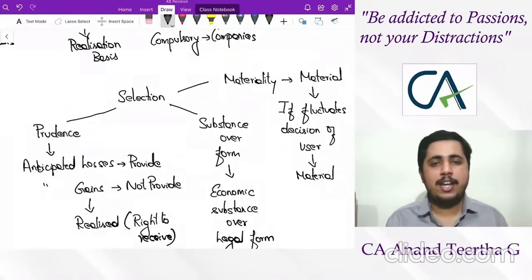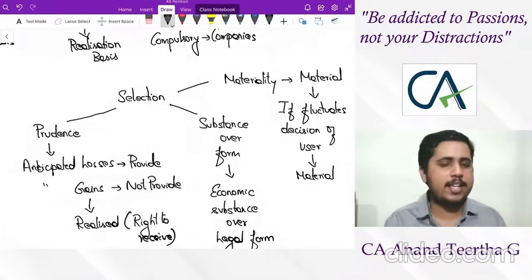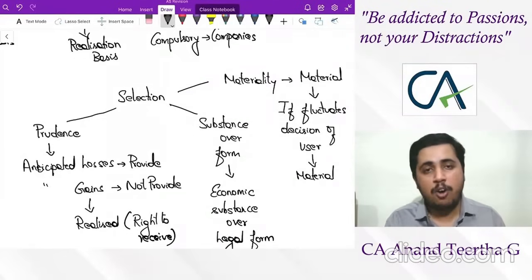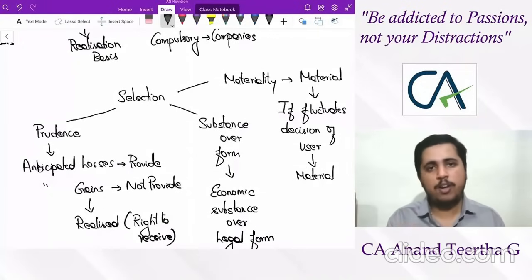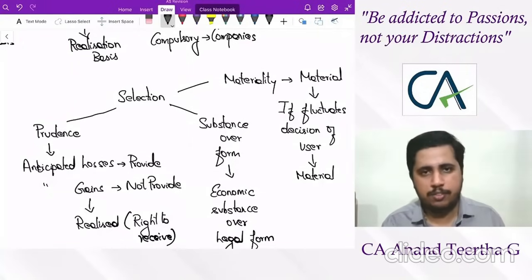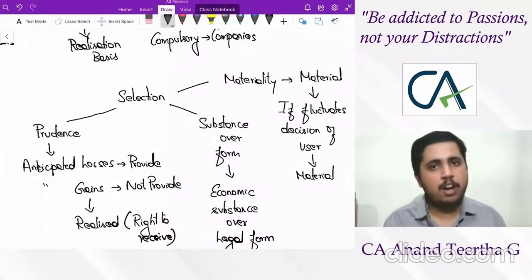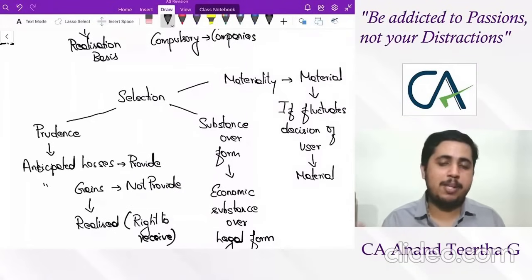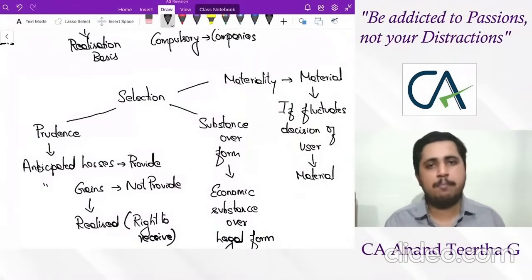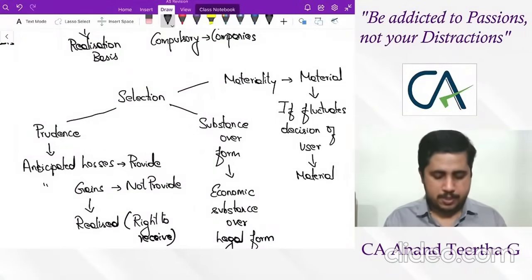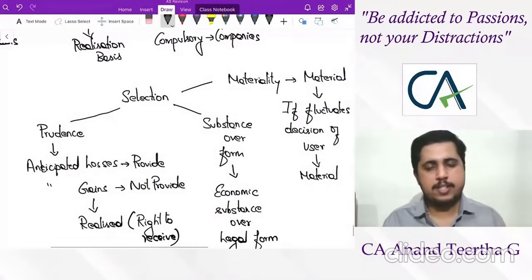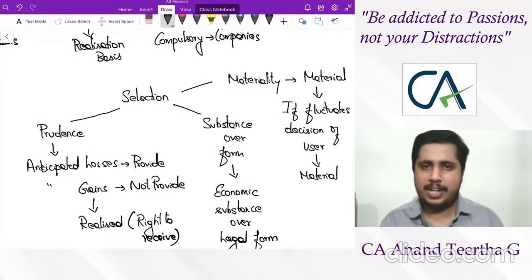So if there is a small fraud which has taken place, say the amount is very small, but a fraud has taken place, now this is material to be disclosed to the user, because fraud is by nature one of the elements which fluctuate the decision of the user. You have paid a heavy penalty, or you have paid a penalty which is not normally paid. So at that time, maybe the amount is small, but still it becomes very important to be disclosed by any concern. So these are the 3 points which are supposed to be covered. One is prudence, second is substance over form, third one is materiality.